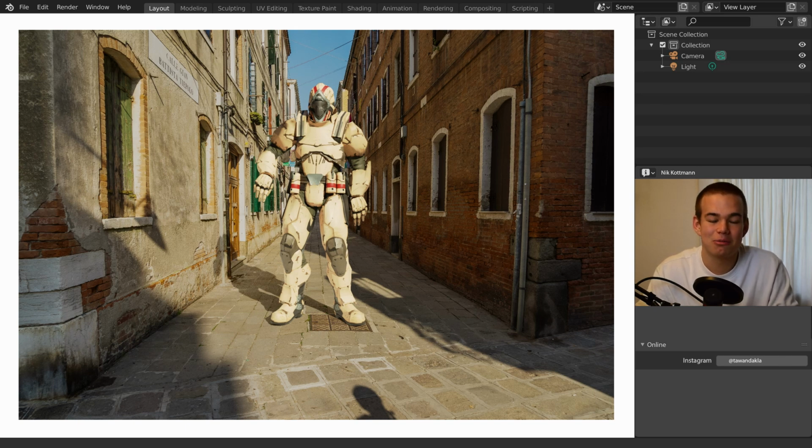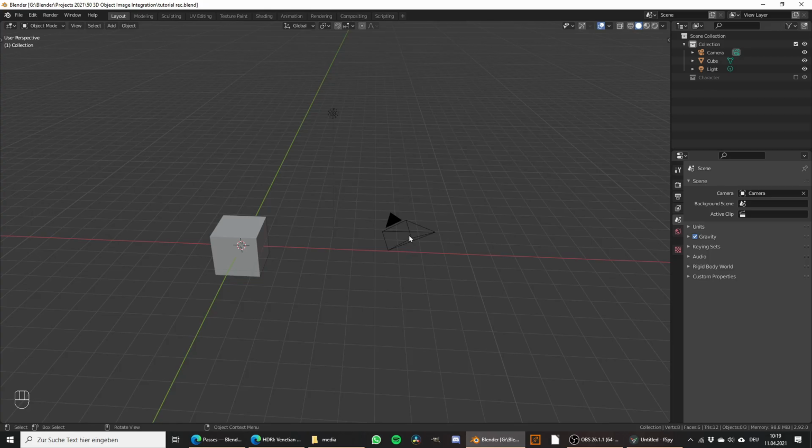In this video I'm going to show you a simple technique to integrate 3D objects into your images with Blender. Let's get started. Alright, so to get started we first need the backdrop image that we want to add our